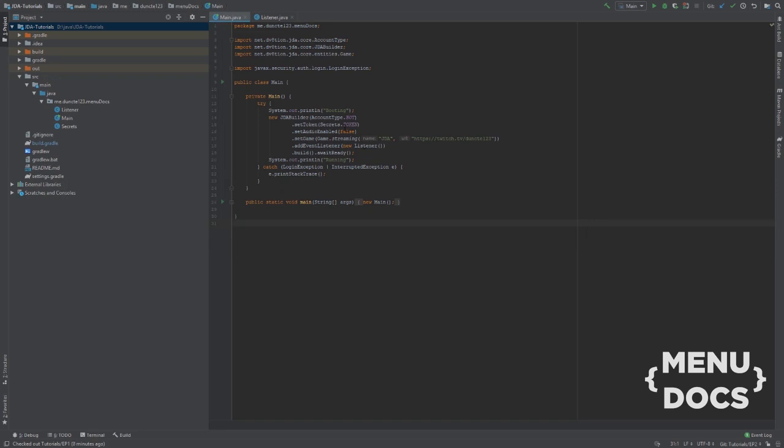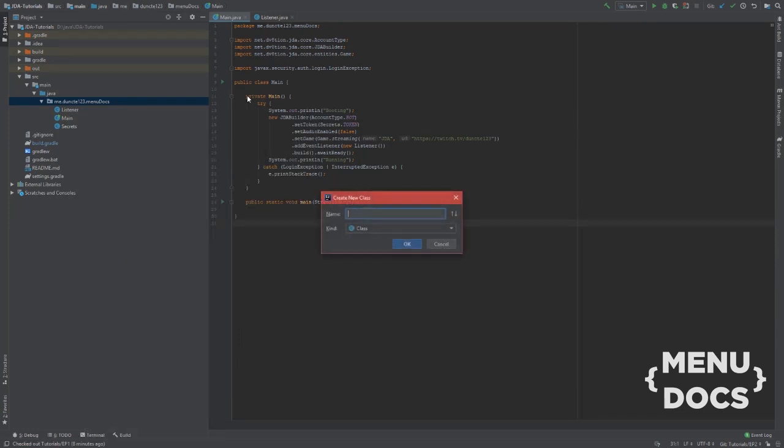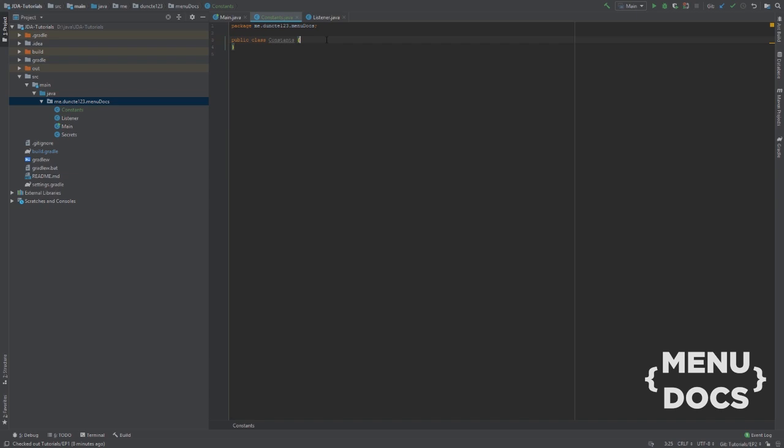Next up, what we want to do is create a new class. And I'm gonna call that class Constants. And in this class, we want to define things like our prefix and the owner of the bot, because some commands, like an evaluate command, you just want to lock them to yourself. So what we're gonna do is